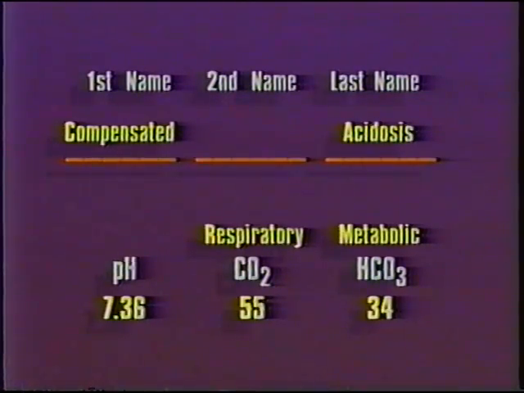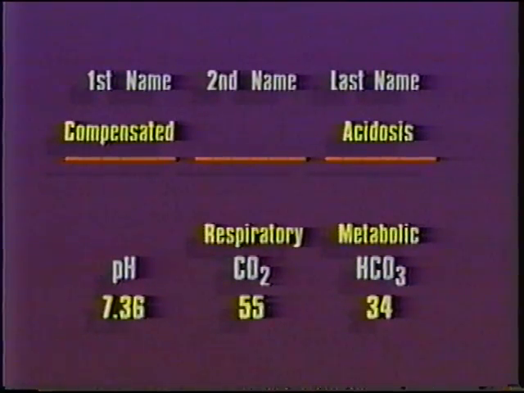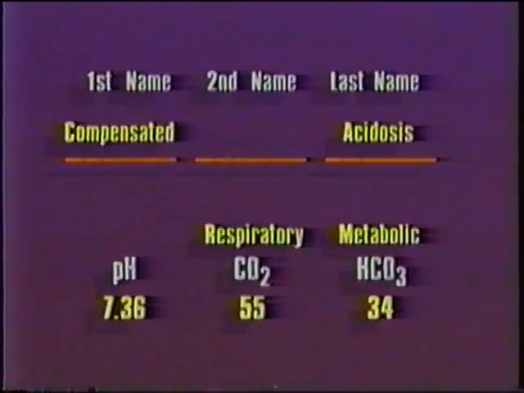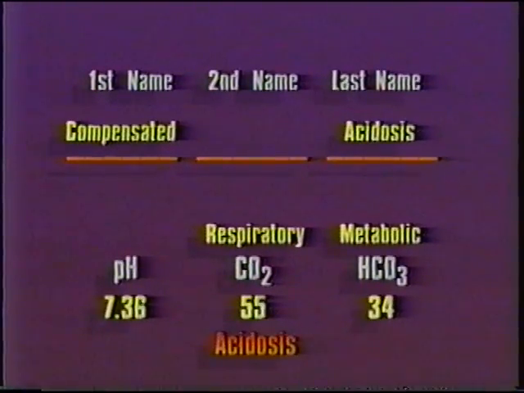Now let's identify the baby's father and choose his middle name. The CO2 is 55. Is this normal, acidotic, or alkalotic? Yes, it's acidotic. So write acidosis beneath the CO2 value